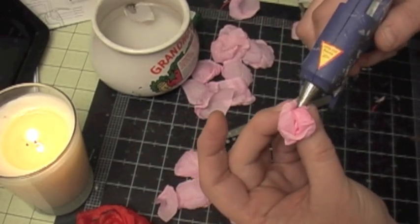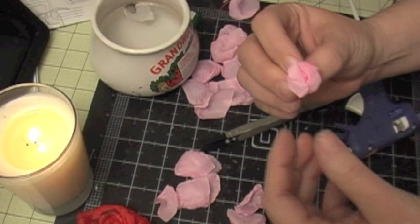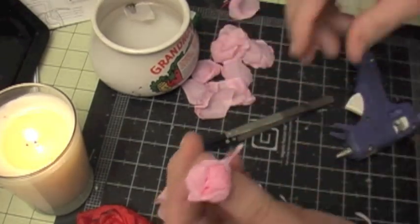And then a little there. Ouch! Burn a little bit. So be careful, don't burn yourself, don't do what I did. Then the next petal,